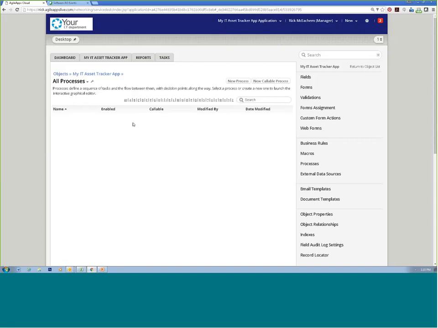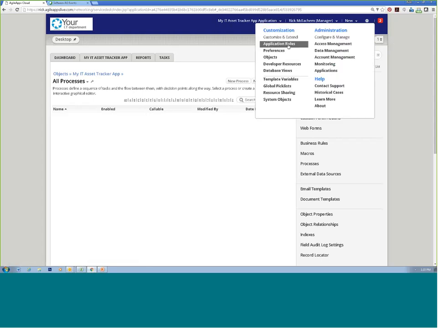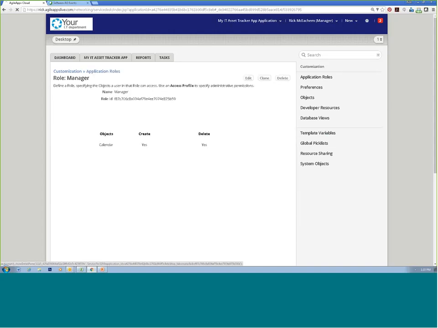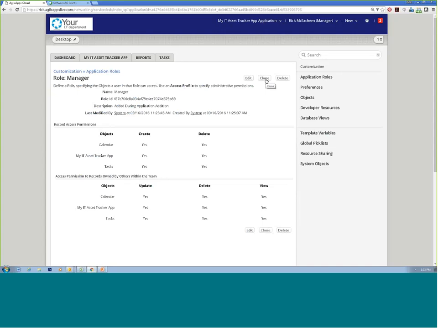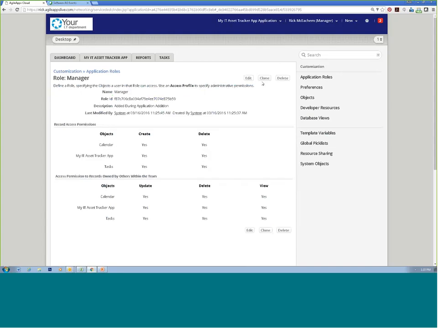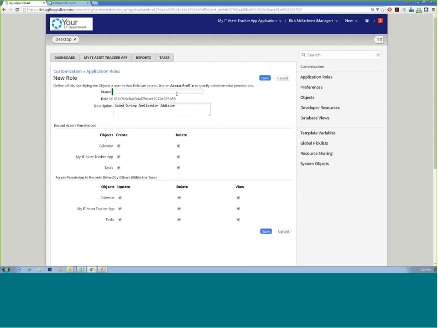I've created an application, but I haven't defined any roles for the participants of this application. So let me go ahead and define some roles so that when I create a process, I can assign those tasks to those roles. By default, I have a manager role in the system. For speed purposes, I'll just clone this manager role a few times. I can always go back later and give very specific access controls, who can view, who can delete, who can update certain objects in the system, and which actions different people can have in the system. But for now, let's just clone this,